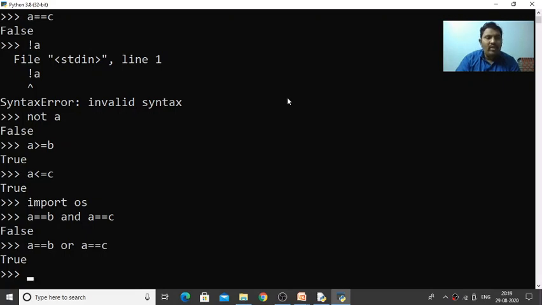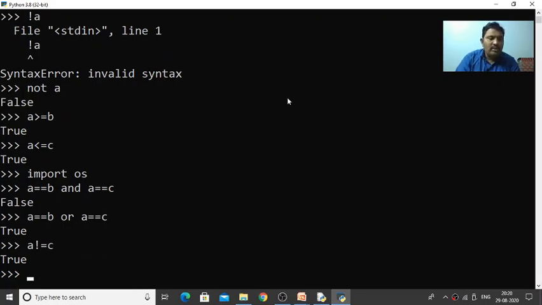like greater than, equal to, not equal. So for example, if I use the statement A not equal to C, then what am I going to get as the answer? We are going to get true. Why? Because A is 5 and C is 6, so they are not equal. That's why it gives the answer true. So like this, we can use both relational operators and logical operators in the Python programming language.